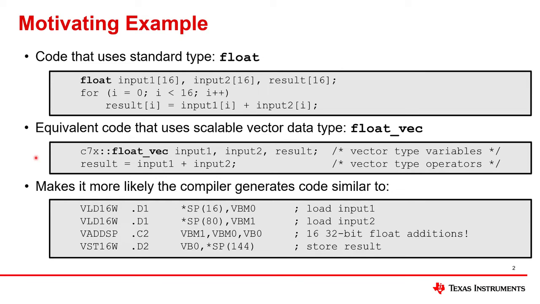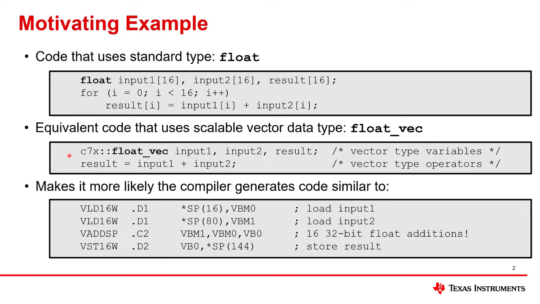The whole point here is to get code similar to this. These are instructions that are available on the C7000 CPU. These are the reasons why people like to use that C7000 CPU. This instruction is loading the entire vector all at once into a register wide enough to hold it. Same for that, another load instruction. This add is doing 16 32-bit floating point additions all at one time. Powerful stuff, excellent stuff, and then of course we're storing it all with one instruction.